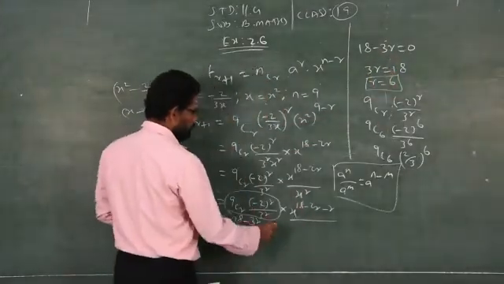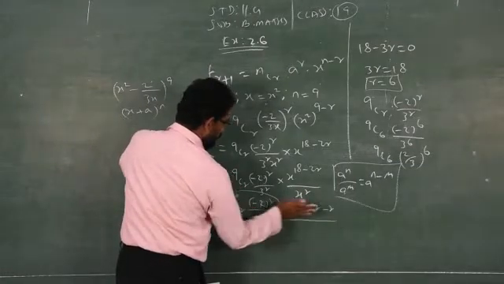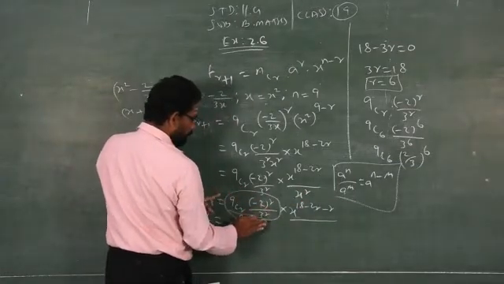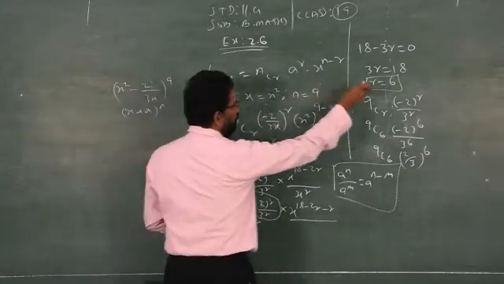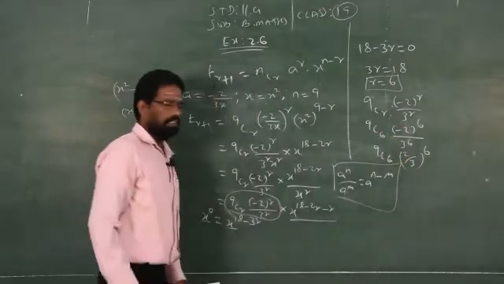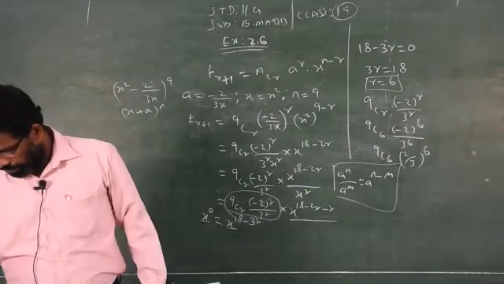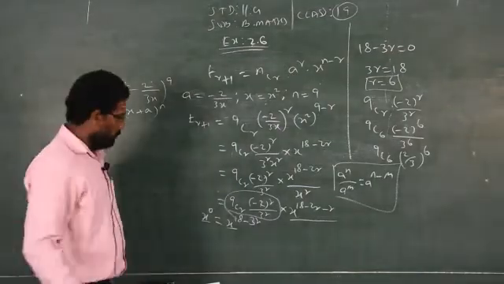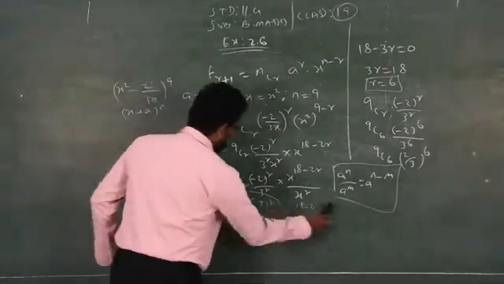Then find r. Then leave the x factor and substitute the remaining factors, replacing r by the value you got. If it is 6, you have to replace r by 6 and simplify, and you will get the answer. This is the method to find out independent terms or constant terms. The second sum you take as homework, and I will teach a third one.